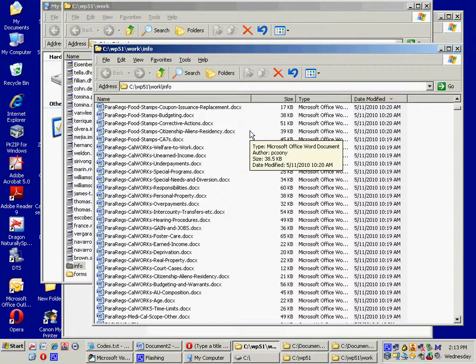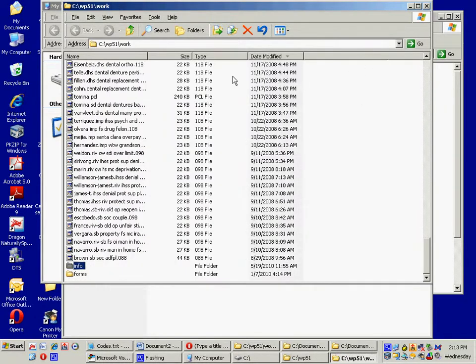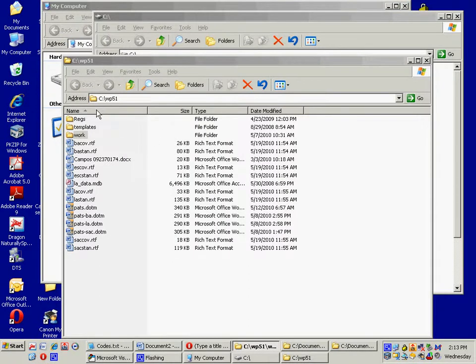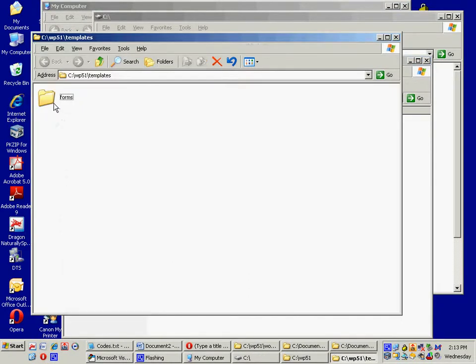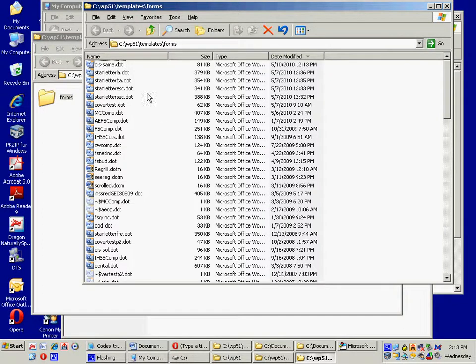The other major directory that I use is for form decisions, but when I'm updating, I also update the form decisions in that the letters are part of the form decision directory, which is in C WP51 templates forms. And as you can see, this last time I actually modified one of the form decisions,